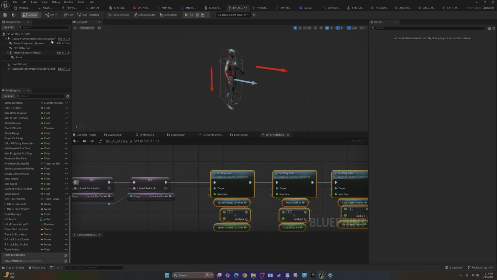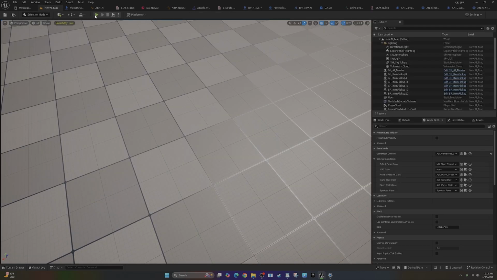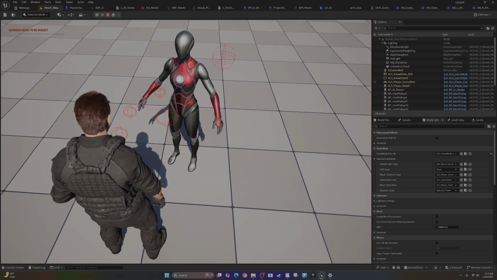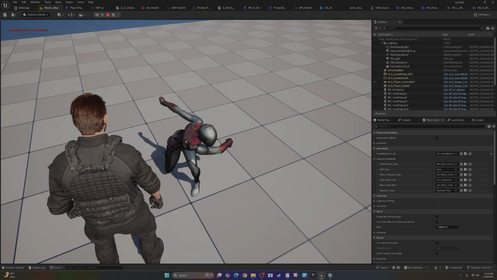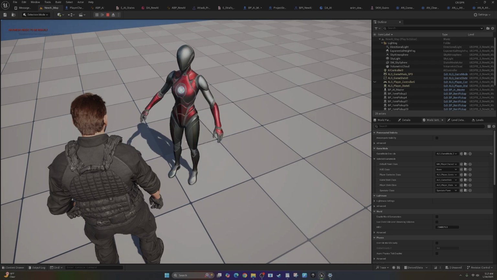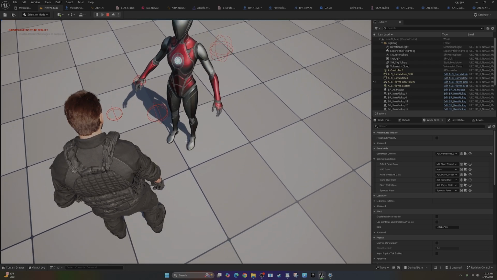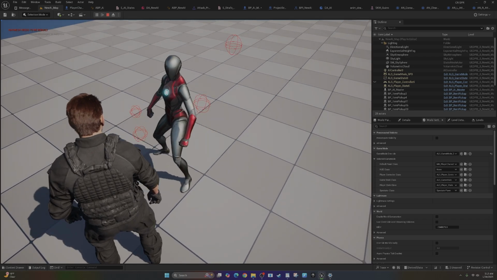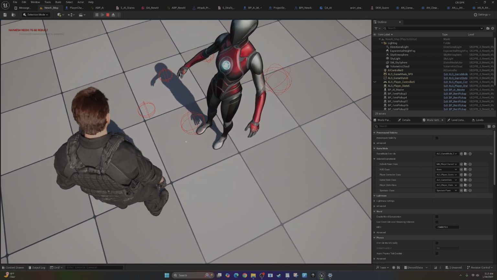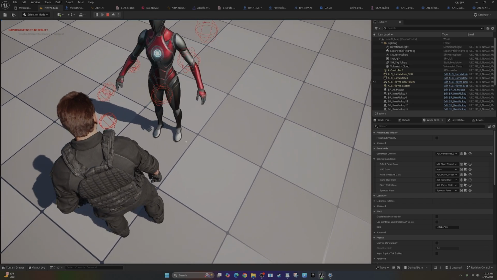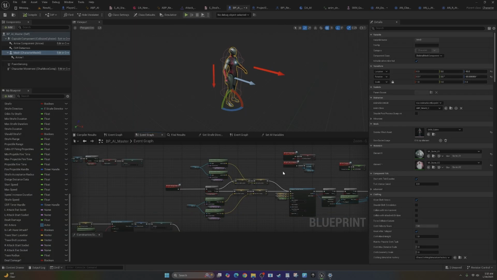Okay, now it should work. Let's give it a shot. Okay, alright, we got it to trace, which is good. Only issue I'm seeing now is that the trace is very sparse. Okay, so since our sphere trace wasn't firing off enough times, we may want to look into doing this a